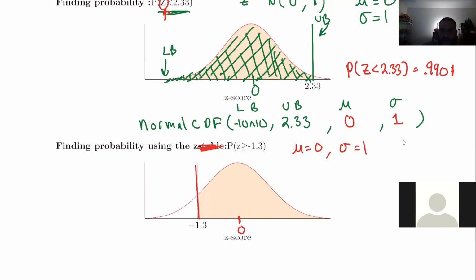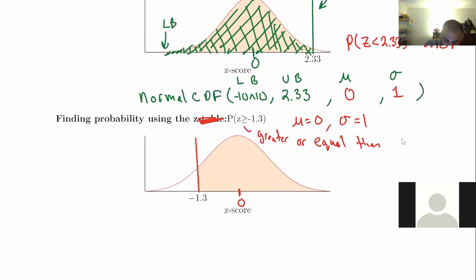And if you look at it, I already shaded it to the right-hand side because that's greater than. That's what greater than or equal to is for. It's telling us that we want numbers that are bigger than negative 1.3 and equal to negative 1.3. So that's why we shade the right-hand side. So let's go ahead and fill this out. So we're going to say normal CDF